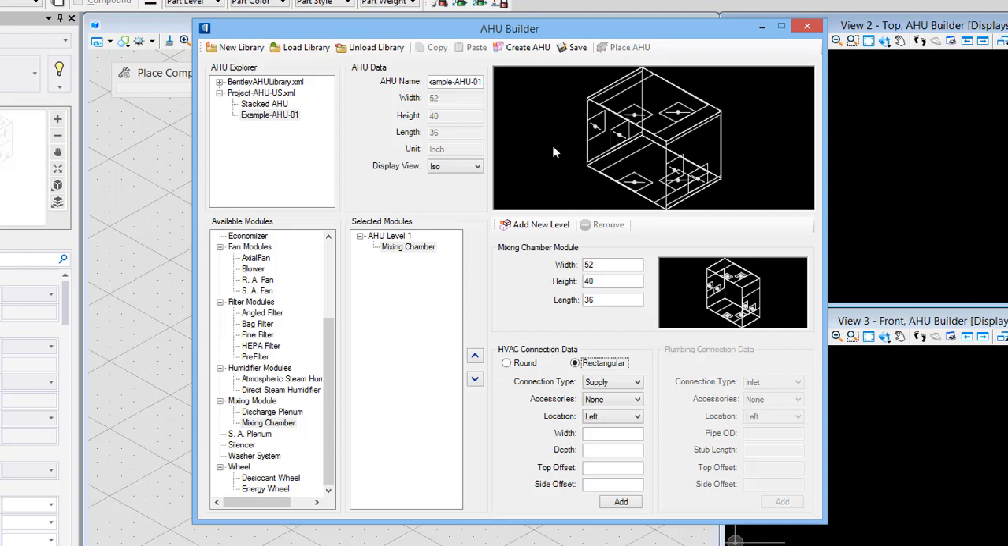Now this will have a duct connection along the top. So this is going to be a return connection type. Down here you can see where we can do HVAC connection data, whether that's a round duct or rectangular duct. So I'm going to go return, and the location will be on the top. And then we have the width and depth of the duct connection itself. So in this case, I'm going to go 44